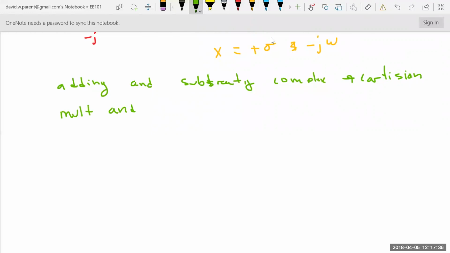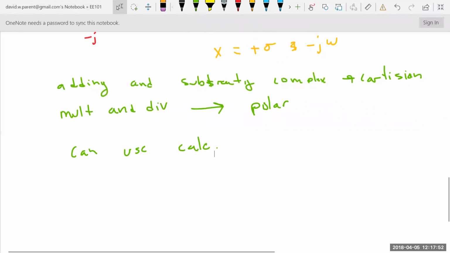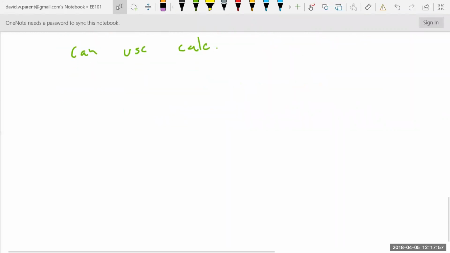Multiply and divide, you want to use polar. Now, yep, it's true, you can use your calculator, right? Most calculators have some kind of complex number in it. But when you really need to get the right answer and you want to, I have this number and this number